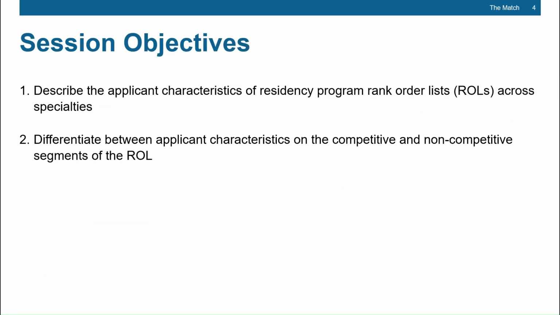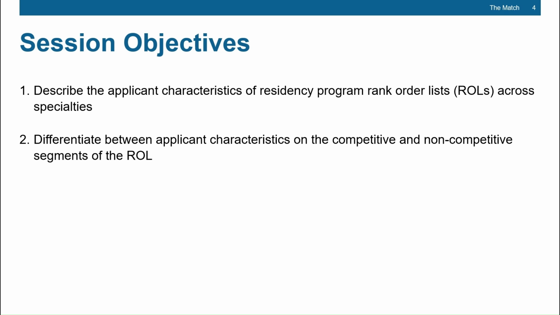The objectives of our session are to describe the applicant characteristics of residency program rank order lists across different specialties, and to differentiate between applicant characteristics on the competitive and non-competitive segments of the rank order lists.